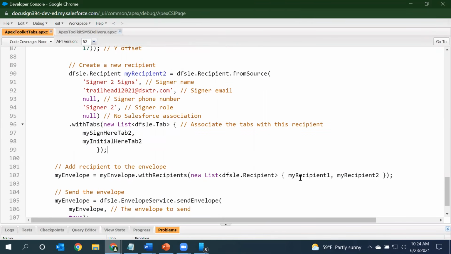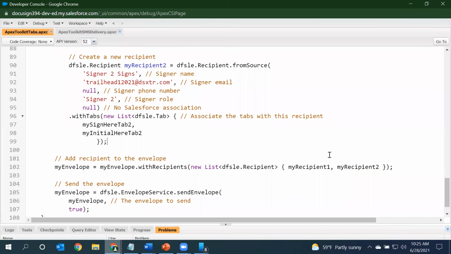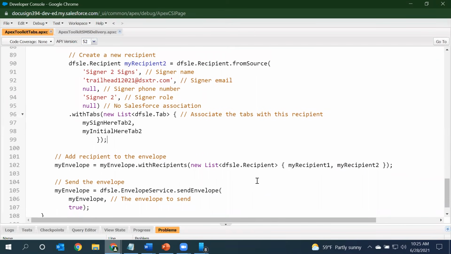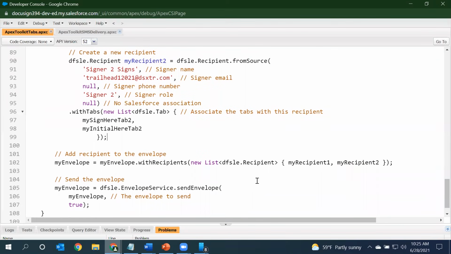So basically we are using the with recipient methods and we are passing in both the recipients, my recipient 1 and my recipient 2. Once the envelope is sent, the flow would be: signer 1 will get the email, complete the envelope, and fill in all the tabs, then the envelope will go over to signer 2, where signer 2 will do the same process.